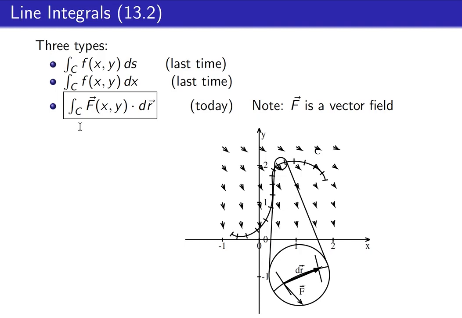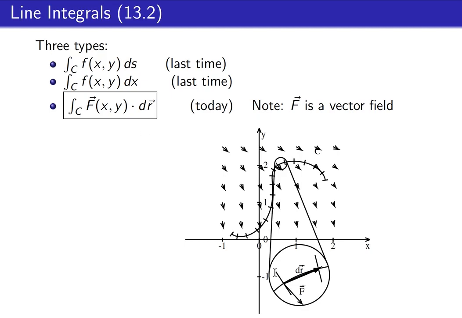In this kind of integral, instead of a scalar function of x and y, we have a vector field. Capital F here is a vector field. So we imagine this vector field everywhere here. And what does this do? For each of these segments on this curve, we break up the curve into segments as before. For each of these segments, we're going to take this vector field F and